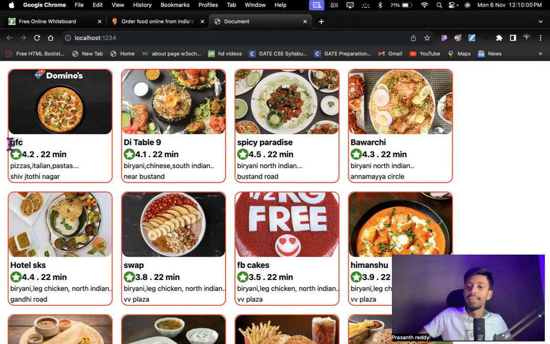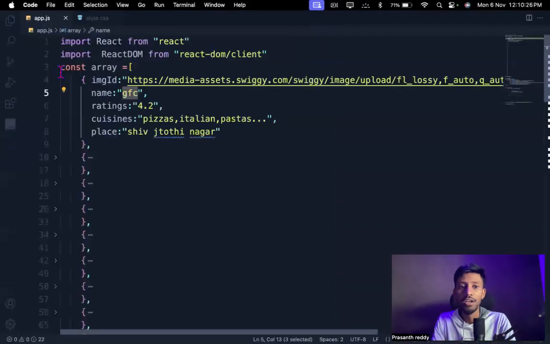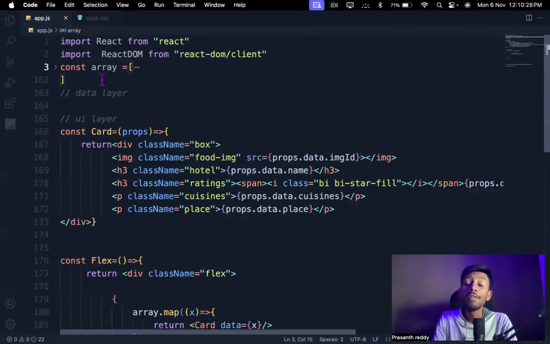If I take the handbrake, my car will stop in a certain position, right? That means I'm controlling my entire car. Okay, here the car is nothing but the UI, and the configuration is what I'm giving. So, config driven UI. Here also we are going to see this. See, this is the configuration. This configuration is driving my UI.